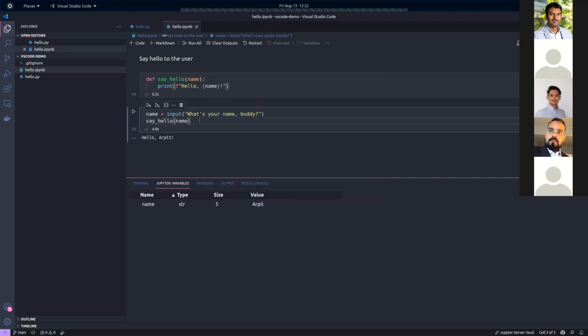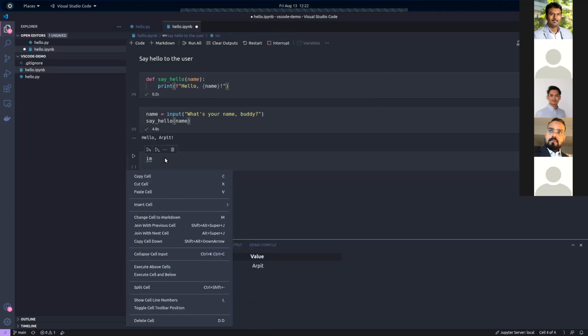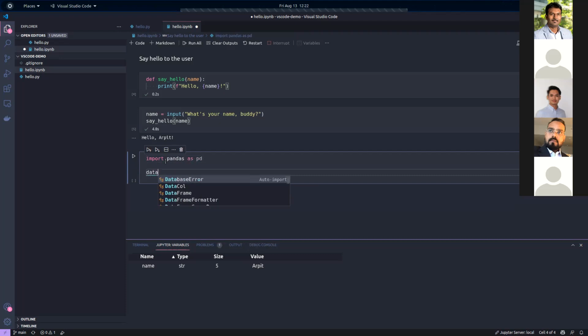So for example, a common thing that we all would be working with is pandas data frames. Let me create a pandas data frame over here. I'll just import it, and create a data frame. Let's say I'll create some dummy data over here.